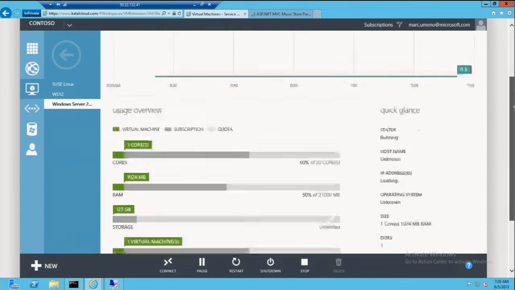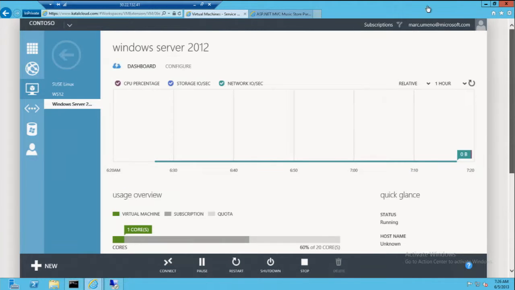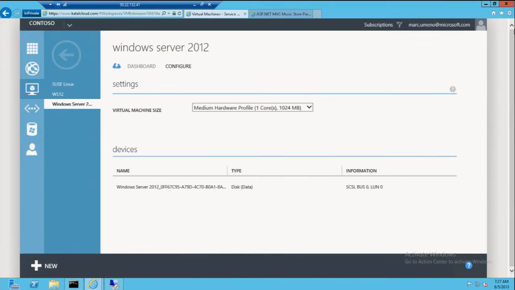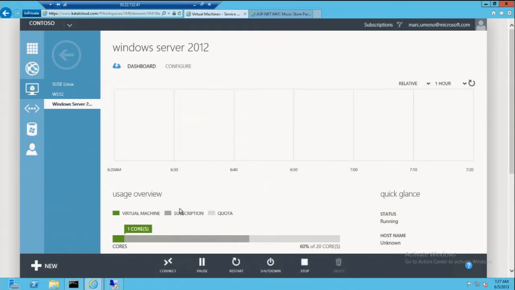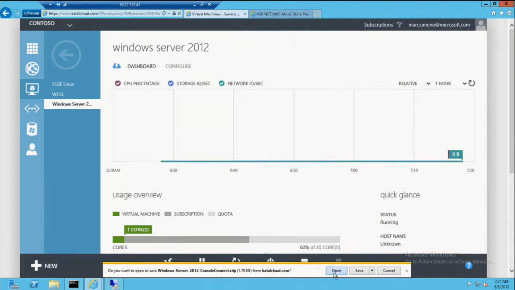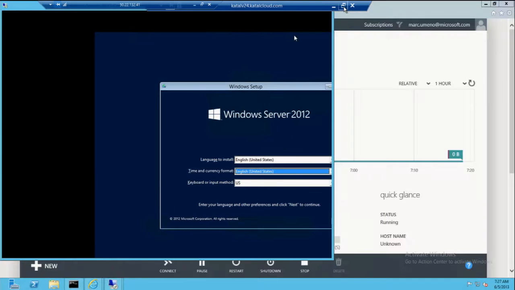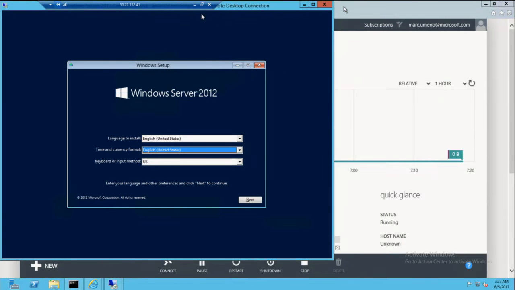that I have running. Down here, you can see that it doesn't have an operating system. And over here, if I go to configure, it doesn't have a network attached to it. So this is completely isolated outside of being able to get to it from the host. So if I go back to dashboard and click connect, console, download the RDP file again. And now you have a server that doesn't have an OS or a network, and I can still provision it